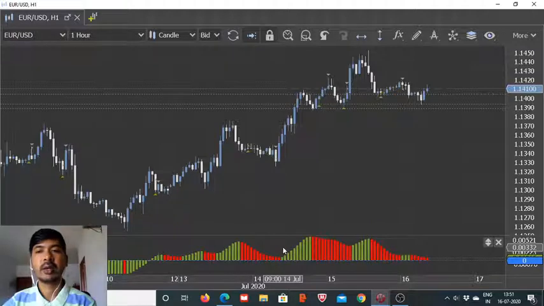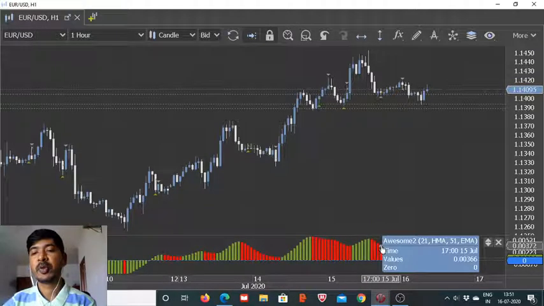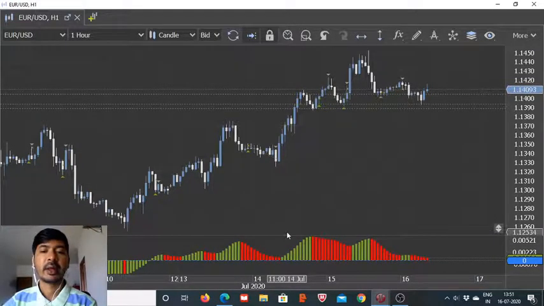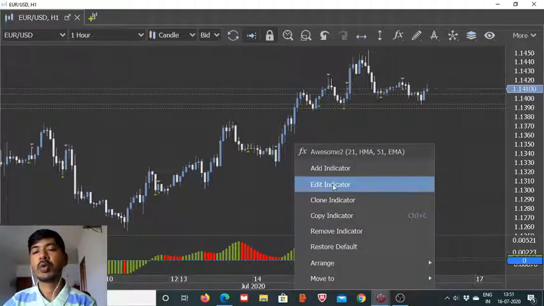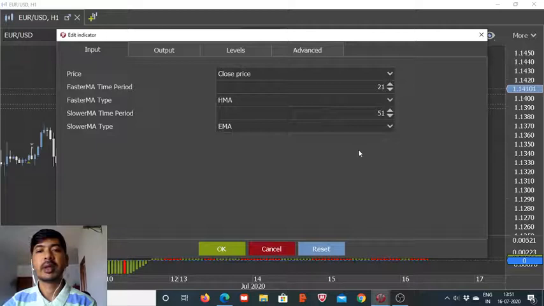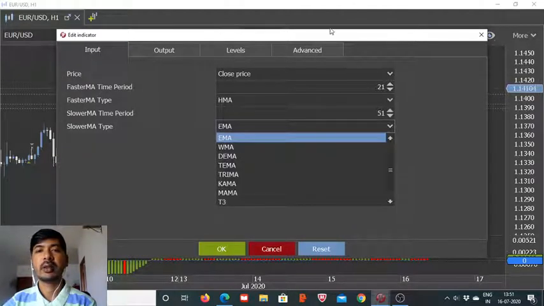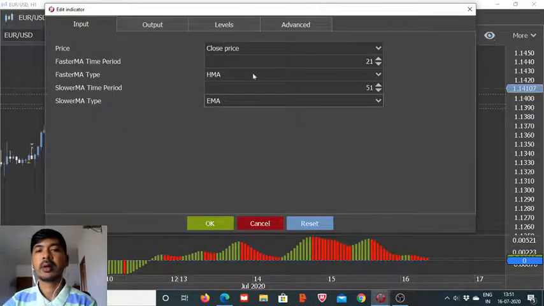As you can see, here is the new formation, and we want the HMA to be applied for the slow moving average. In that scenario, again these output values will change,